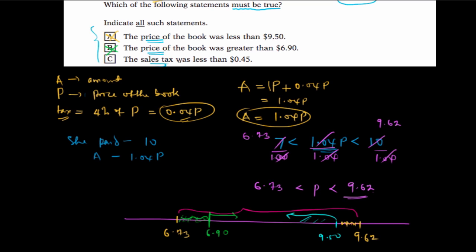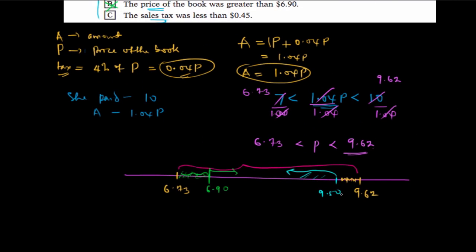It says the sales tax was less than 0.45. From what we have here, the maximum value the price can have, let's say this is 9.62, so let's say the maximum it can have is 9.61. So let's assume that the price is 9.61. Now the tax, this is the tax. We're told that the tax equals 0.04p. So to calculate the tax from here is going to be